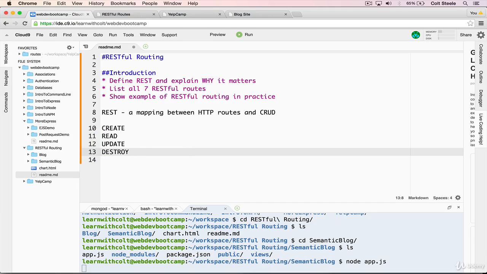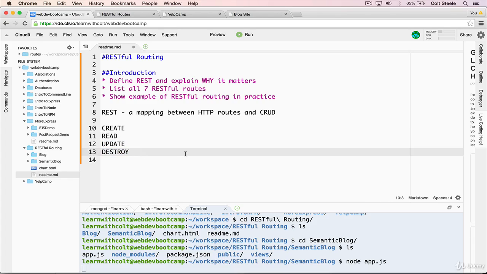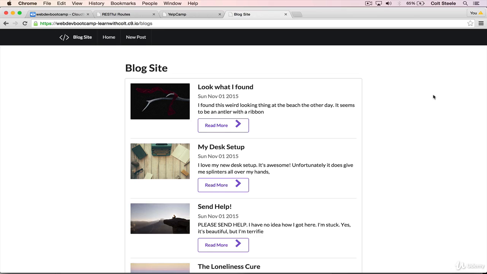And let's take an example of users. So my site has users, and I want someone to be able to create a new user. Someone should be able to read users, which means retrieving information on users, updating users, and destroying users, or deleting them. Or if we take the example of a blog site, which I have right here,